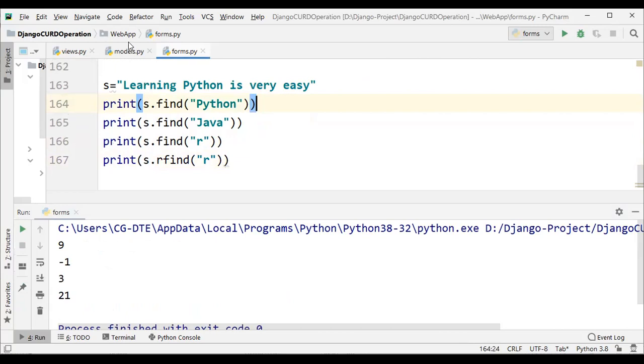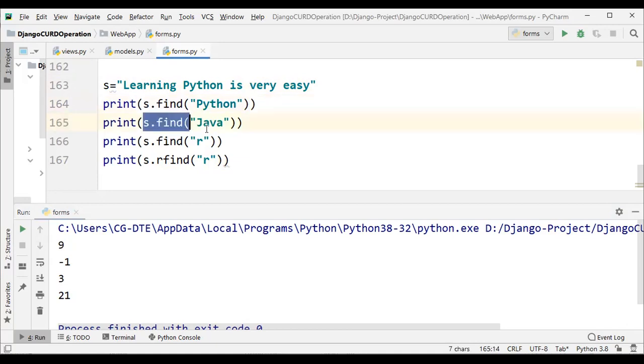So 9 is 0, 1, 2, 3, 4, 5, 6, 7, 8, and 9. Because P, if you want to find the first character, the result is only the first character. Python, so P is Python only. 9 characters, index number 9.